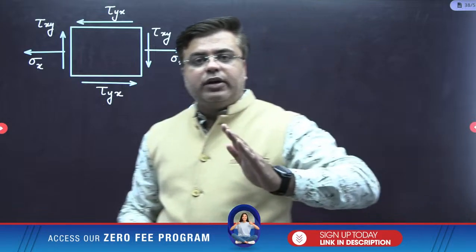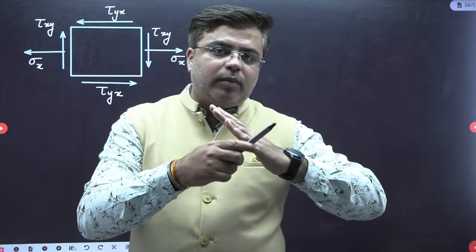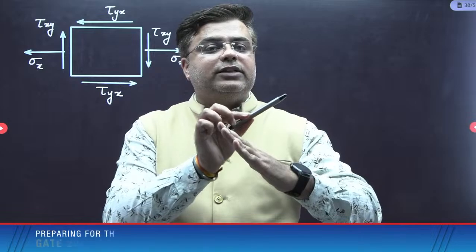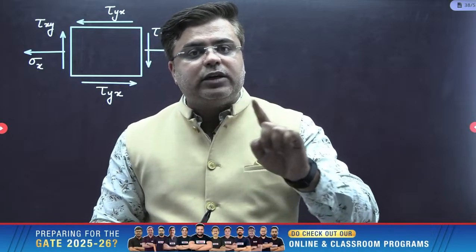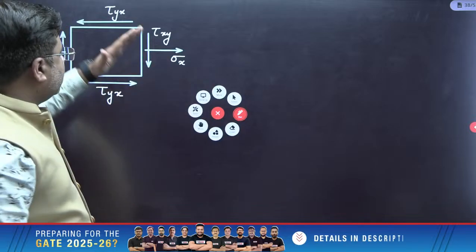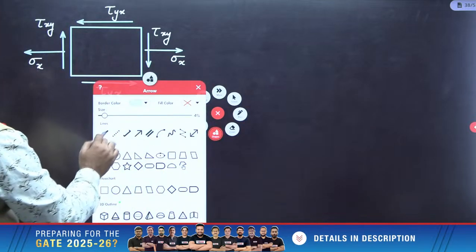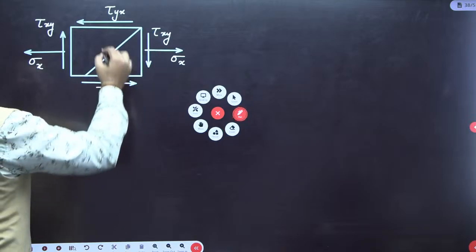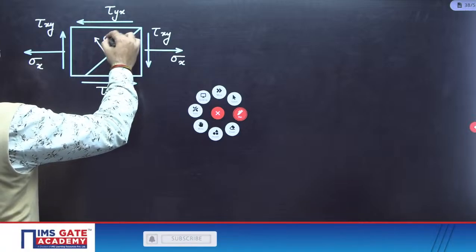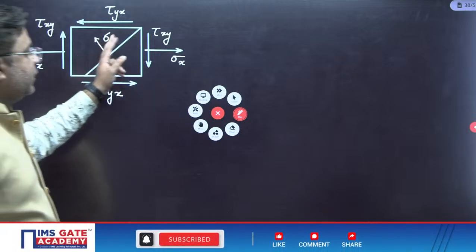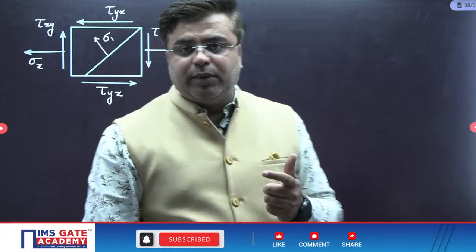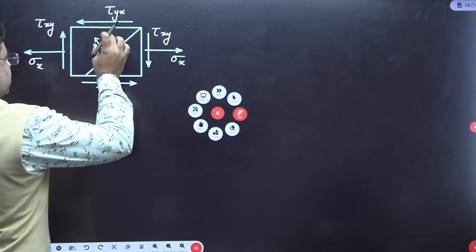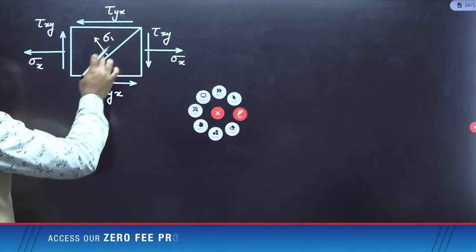So we are talking about that oblique plane over which normal stress acting is maximum. And we know that the plane over which normal stress acting is maximum is termed as major principal plane, right? So that oblique plane will be the major principal plane, and they are asking you to find out the value of this major principal stress sigma 1, because that will correspond to the strength of concrete, right? So when the normal stress reaches sigma 1, then only the crack will develop over this